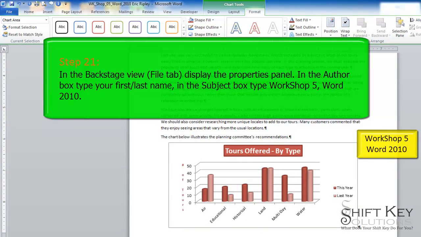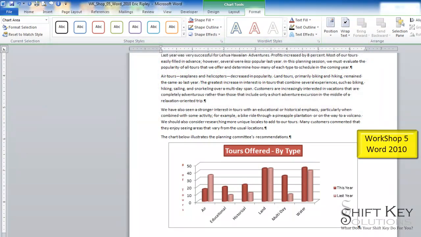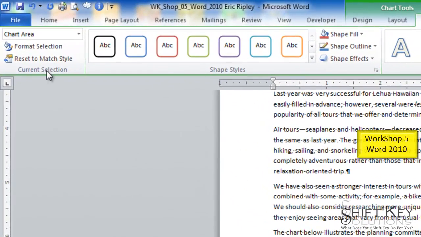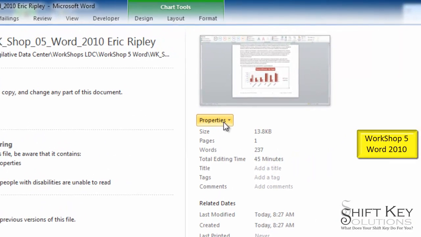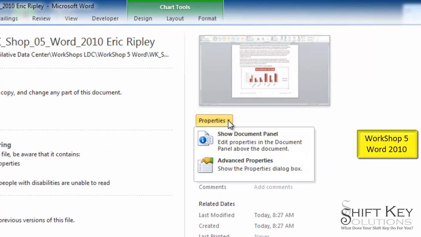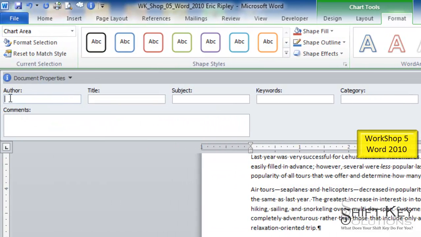Step 21 tells us in the Backstage view, which is the File tab, display the Properties panel. In the Author text box, I'm going to type my first and last name. In the subject, I'm going to type the WorkShop 5 Word 2010. So here's how we get to it. I'm going to go to my File tab, come over and click on the Properties drop down, and then click Show Document Panel. And then here it is. Under Author, I'm going to type in my first and last name,